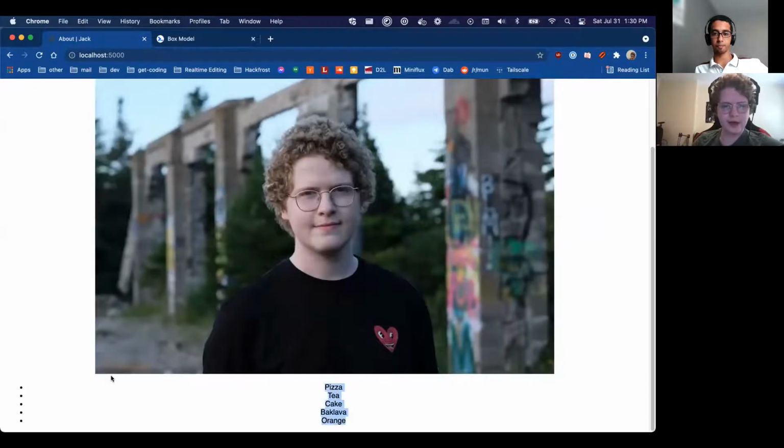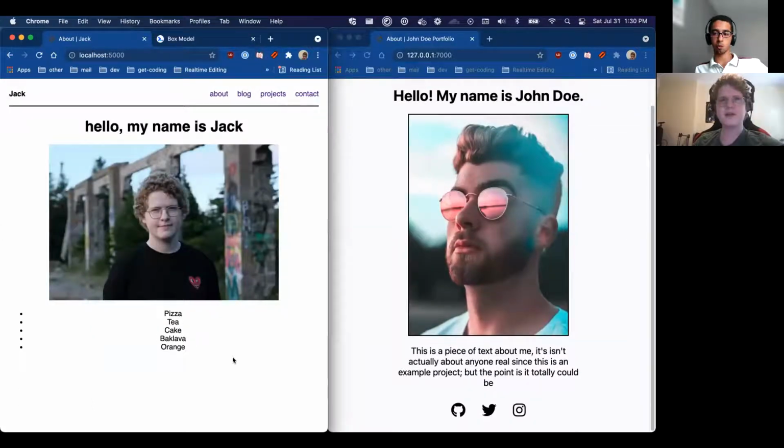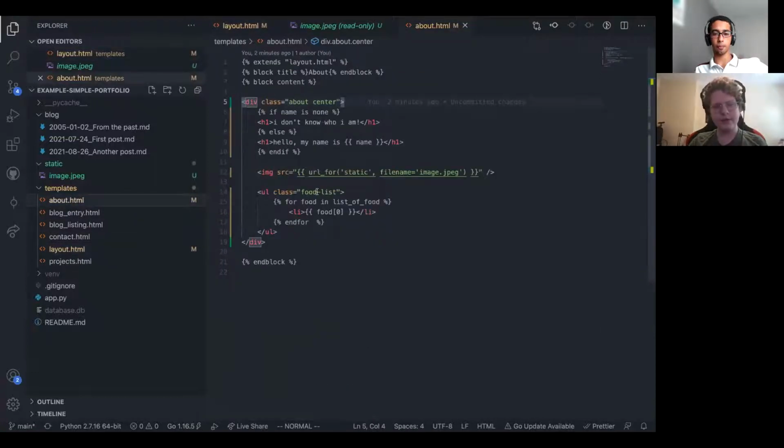And our little thing down here, this of course doesn't exist on the website that we built here, but I still think it's good. But it'd be nice if, instead of having it as a list of things, we had a collection of boxes that represent each item. So I'm going to come back into here. I'm going to go to our about HTML, and this is our food list class. I'm going to